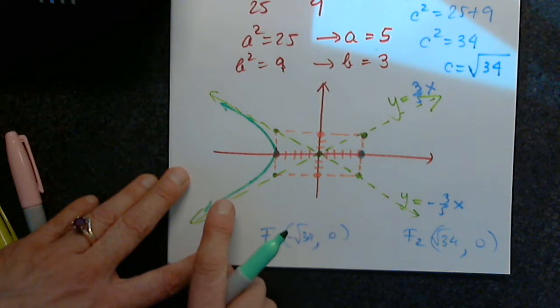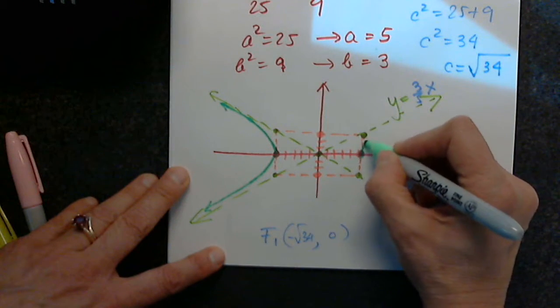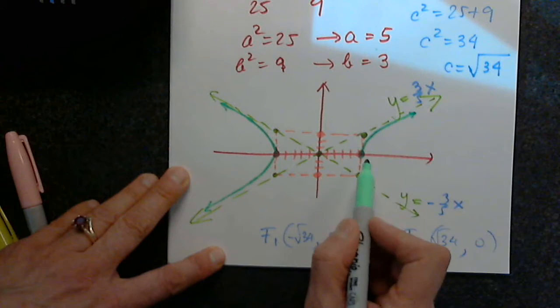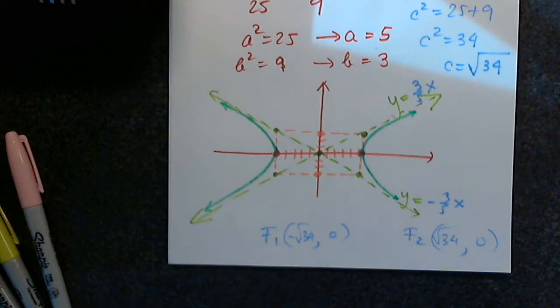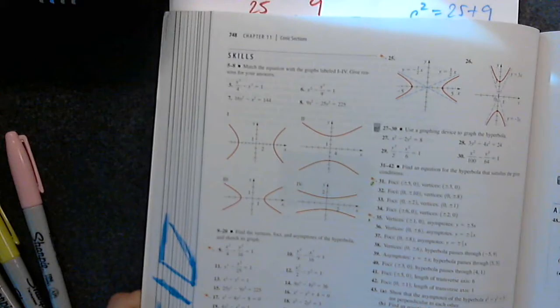My graph is not perfect. Sorry about that. This is the hyperbola. And now we can go back to the 4 graphs that we are given,